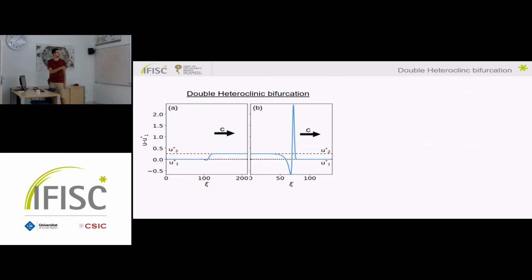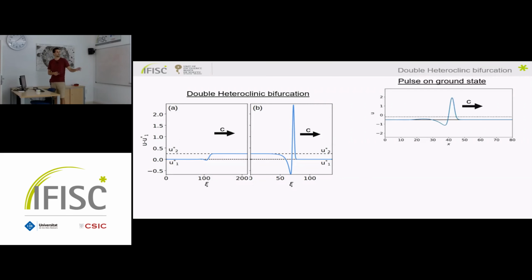No? So we have this front that moves, well, not really fast. It moves with velocity c, and it has on the back this very, very large plateau, almost infinity. And at the end, we have this other front that closes the pulse. No? So when we separate a little bit from the bifurcation point where these two fronts exist, we will have our pulse with the ground state.